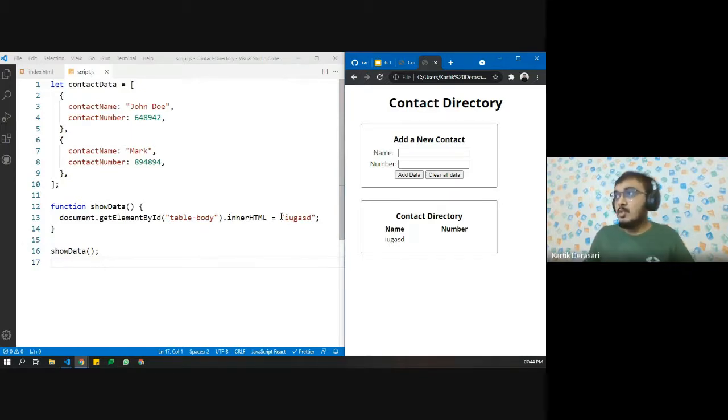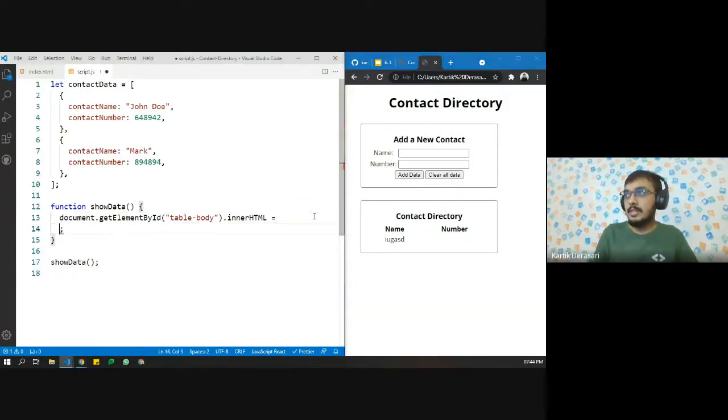Okay. So we want some row, right? So let us have a row. Let us say we have tr. Inside the tr we have td. Inside td here we have some data.